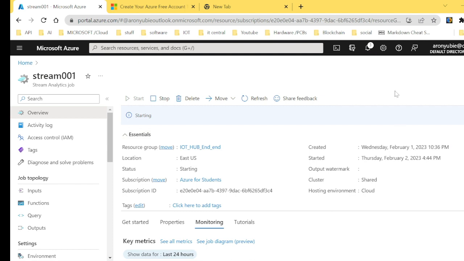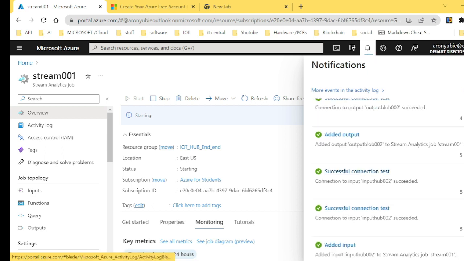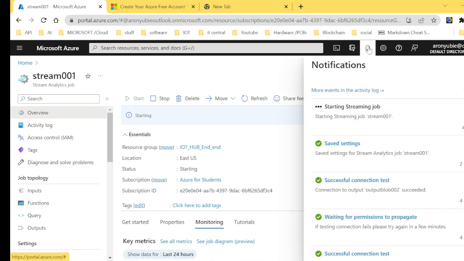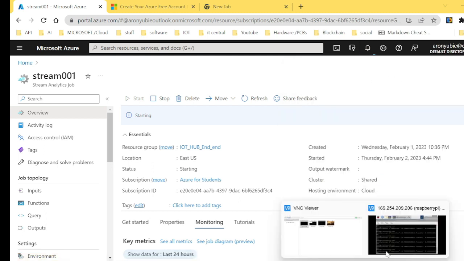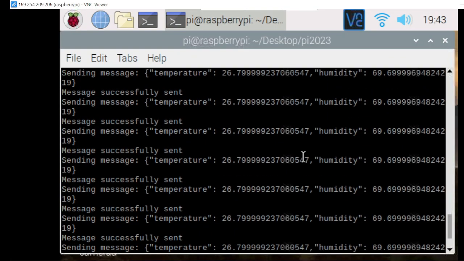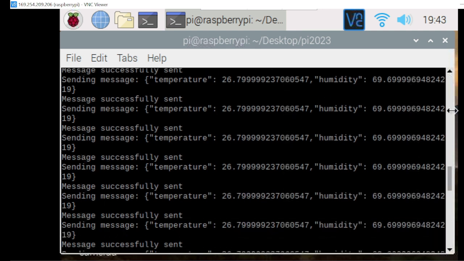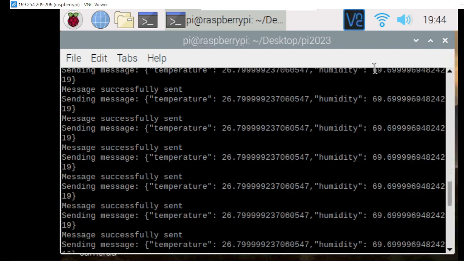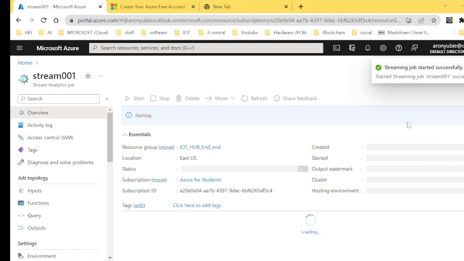It takes a few seconds to start stream analytics jobs, and after starting the job, all we want to do is make sure, of course, our data from the input is being received in the output. As you remember, we have tested the query and we are seeing our real-time data from Raspberry Pi here, and we have sent up to 19 data points so far. As you have seen, this real-time data is being received in our cloud platform. Beautiful. So it has started the stream analytics job